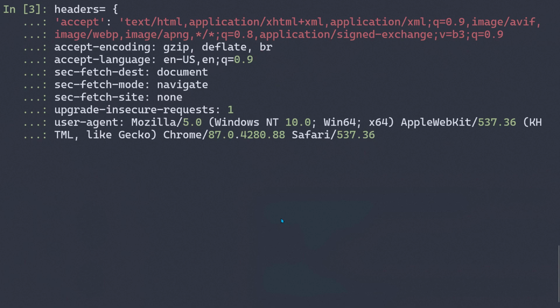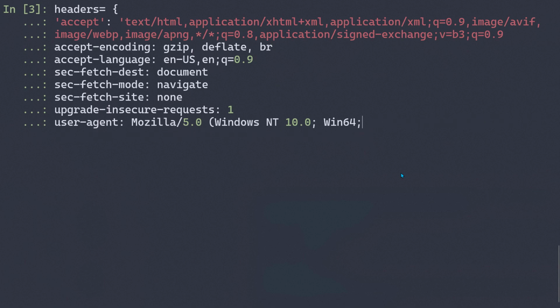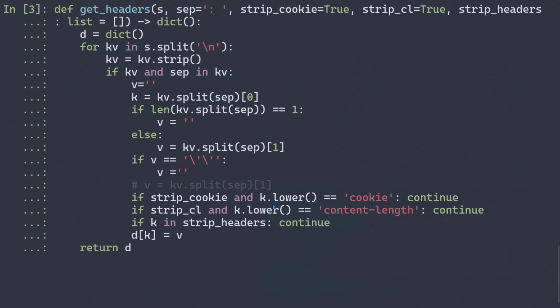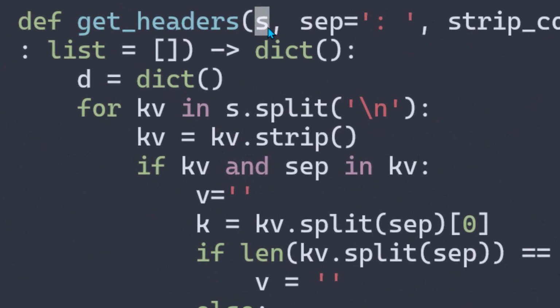So what I do instead is I have written a function. I'm going to copy and paste that function here. This is the function that I'm pasting in. And don't worry about this code because I'm going to share it with you. You can find this whole code below this video. So I'm going to create this function. Now in the shell we have created this function. You can either keep this function in a common file, or even in your spider you can just copy paste this code. Now you will see that the only mandatory parameter is one string.